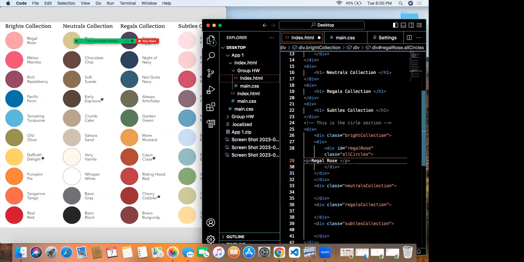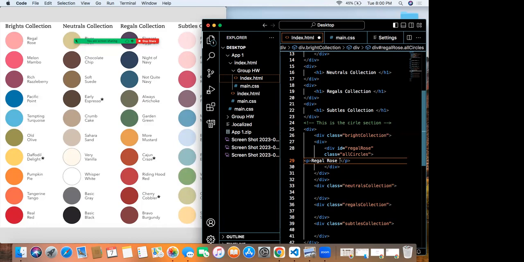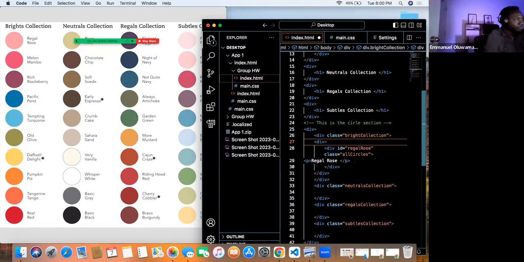That's it. By the way, you're putting the text inside the div for the circle, so this is going to be inside the circle, not beside the circle. Okay, so am I writing it on 27? What am I doing? It's supposed to be after the Regal Rose div.